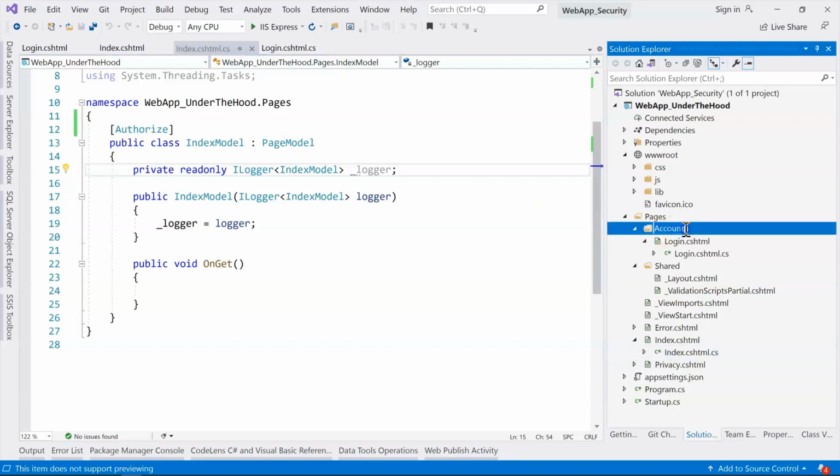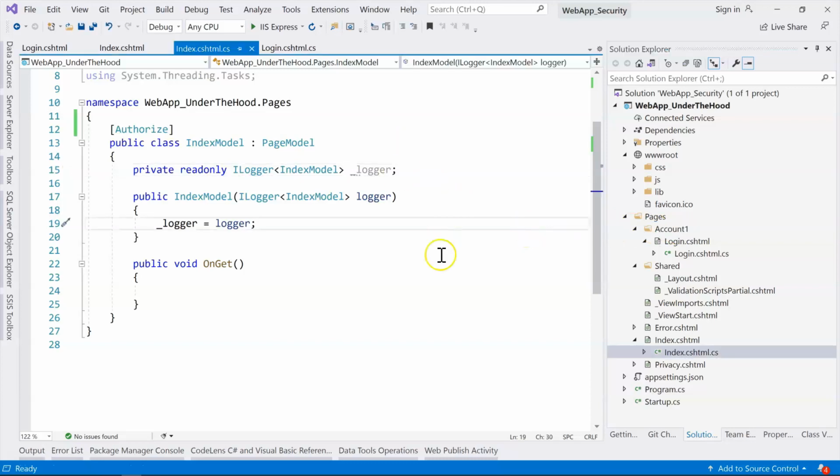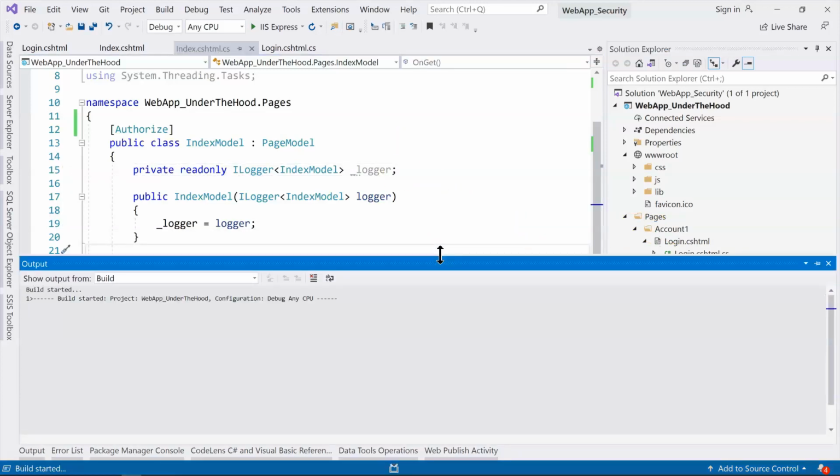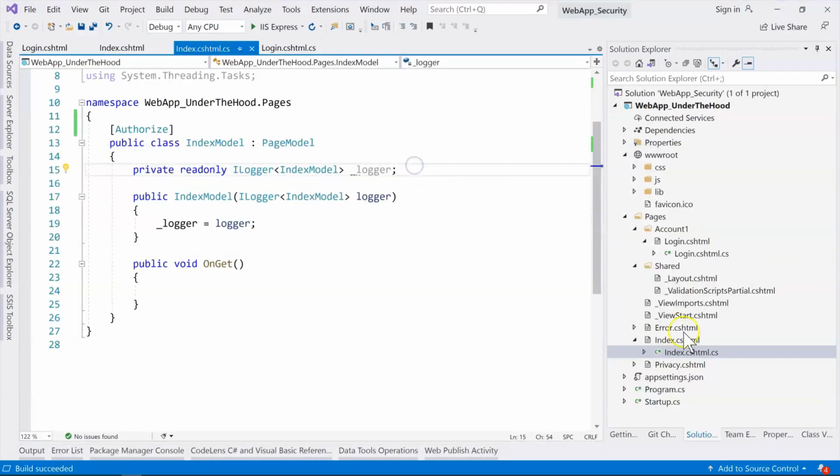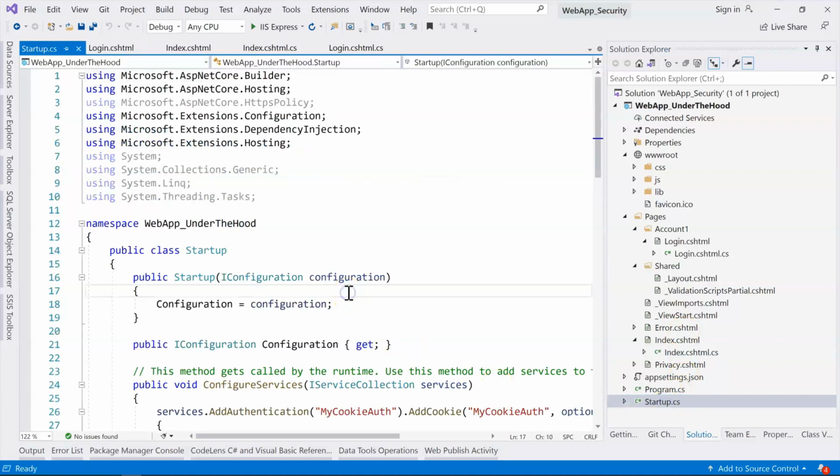So if we change, just temporarily, the folder to Account 1, and then run our application again, let's see what happens. Now it's still trying to look for the login page, but then it says HTTP 404. Okay, so to explicitly specify where your login page is, you need to go to your startup.cs and then go